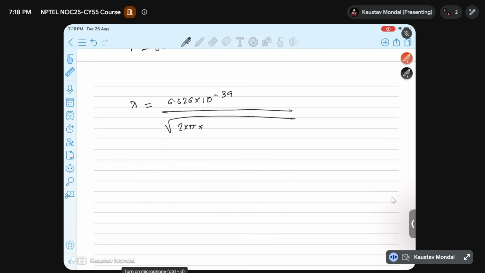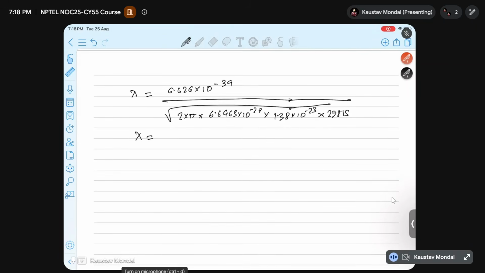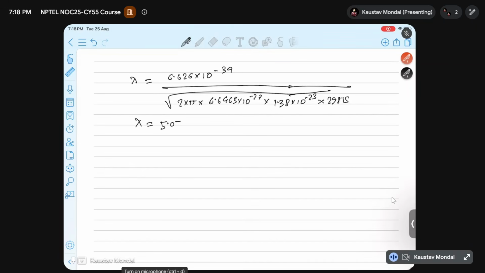So this thing you have to substitute here, 6.6465 into 10 to the power minus 27 into 1.38 into 10 to the power minus 23 into 298.15. Lambda, if you calculate it, will give you 5.05 into 10 to the power minus 11 meter. Okay,